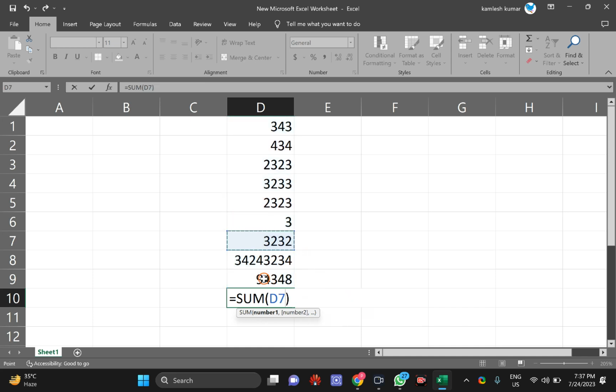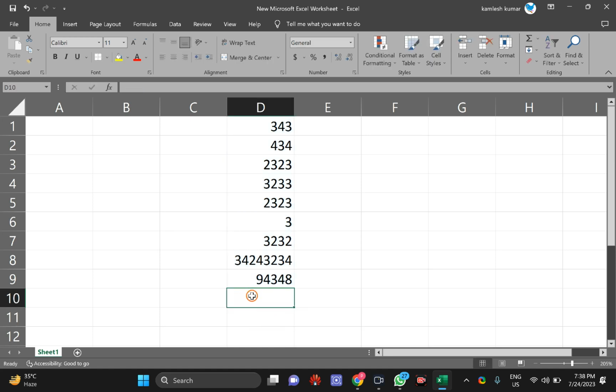Or you can select all at once. Just click and drag. After selecting your desired cells, just press Enter on your keyboard and you will see the sum appear on your selected cell.